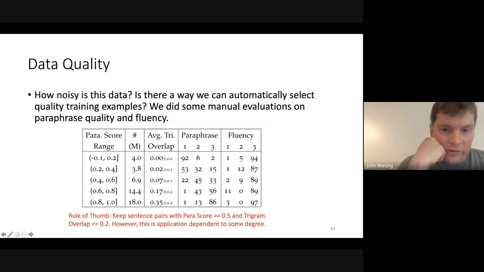And this table just shows the quality. Naturally, in paraphrasing in general, there's a relationship between paraphrasing quality and diversity. This shows that as you get more diverse, the paraphrase quality decreases. The diversity is measured by trigram overlap. Most diverse is at the top, and least diverse is at the bottom. But essentially, there's a sweet spot around the middle of this table, where you get a mix of both diversity and strong paraphrases with just a little bit of noise.